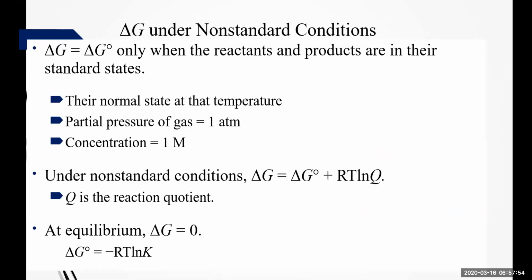So far, we've been looking for our delta G's at standard conditions, right? And so that means that it has that naught sign. Now, at standard conditions, this was their normal state at that temperature. The partial pressure of the gas was 1 atm, and then the concentration was 1 molar. This is only true for our delta G naught when those things are the same. At non-standard ones,